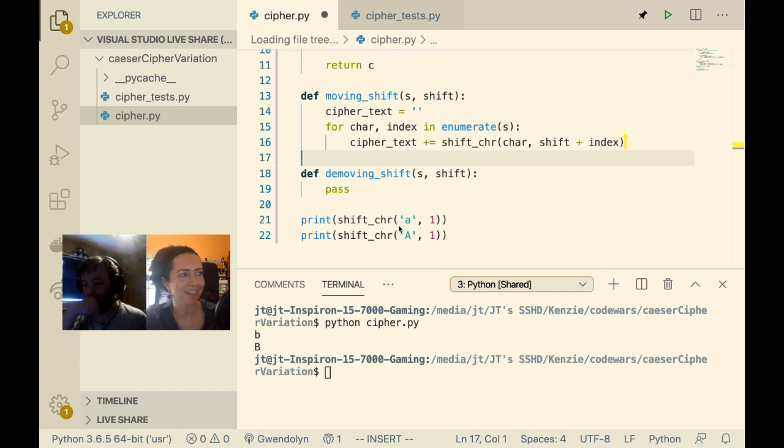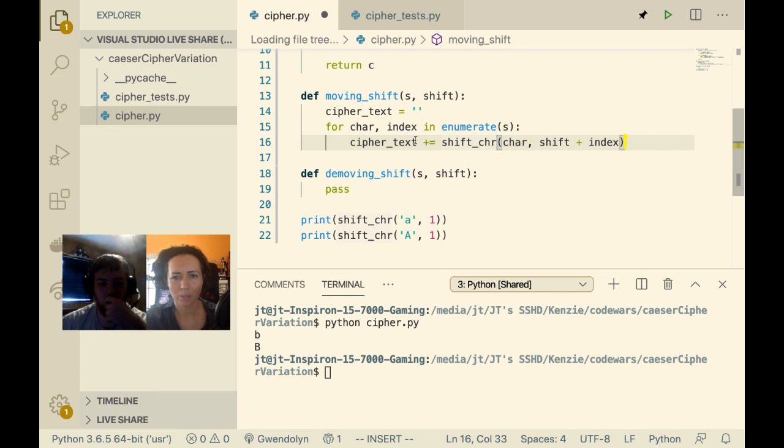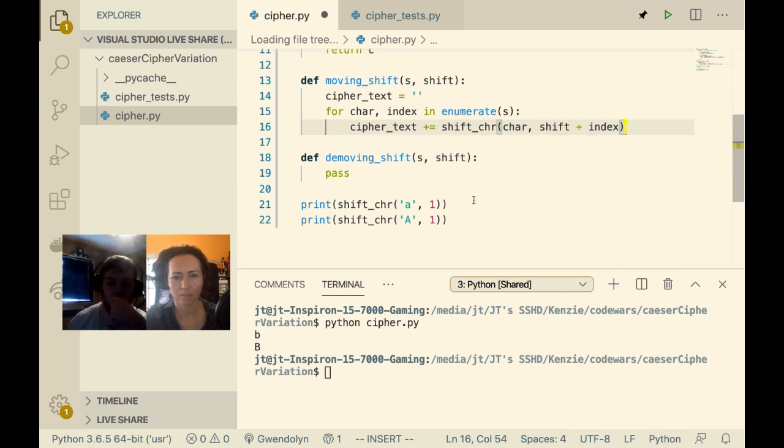Okay, cool. You got it. Awesome. All right. So now we're calling our shift. We're looping over the string per character and calling our shift for each character. Okay, so that looks like it works. Right. And actually, that is something we can test. So we'd have to return